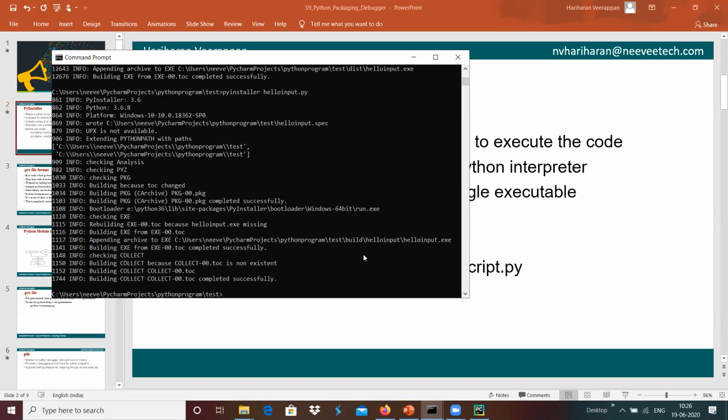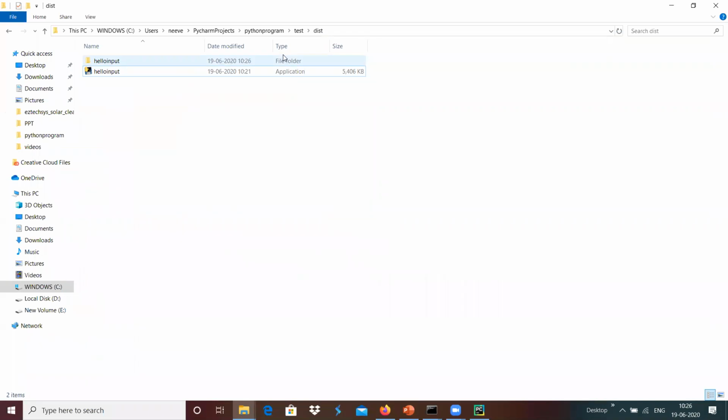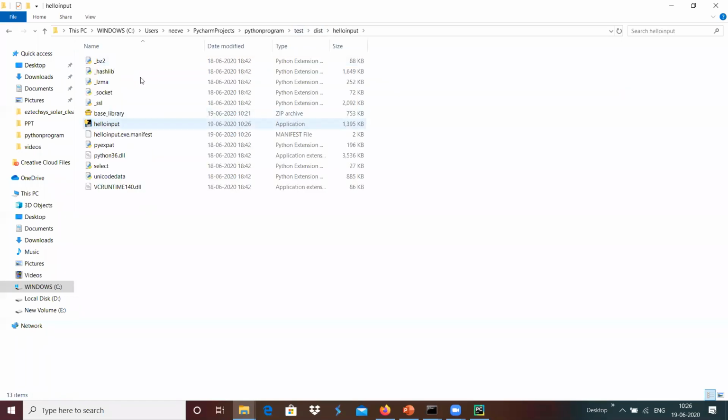And the files will be something like hello input, and this contains folders of information, like all the related Python extensions, copied over. For example, the base library and the SSL library and everything needed will get copied over here, and there will be a simple hello input that can be called over here.